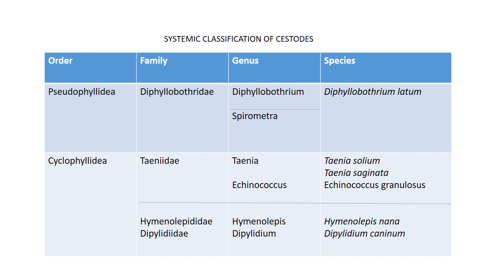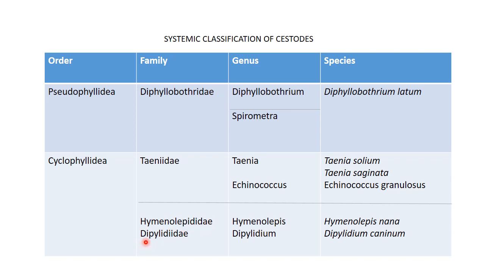Okay, so now let's look at the systemic classifications of cestodes. Remember that under the class Cestoda we have two orders, Pseudophilidia and Cyclophilidia. In Pseudophilidia we have the family Diphyllobothriidae, then under that we have the genera Diphyllobothrium and Spirometra. In the species of the Diphyllobothrium genus we have Diphyllobothrium latum. Then in the order Cyclophilidea, we have the family Taeniidae, or however you would like to call it, and we have